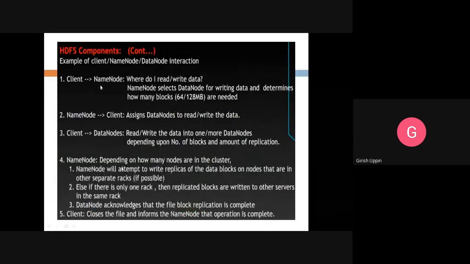Depending upon how many nodes are in the cluster, the name node will attempt to write replicas of the data blocks on nodes that are in other separate racks, if possible. We discussed this. How will it choose